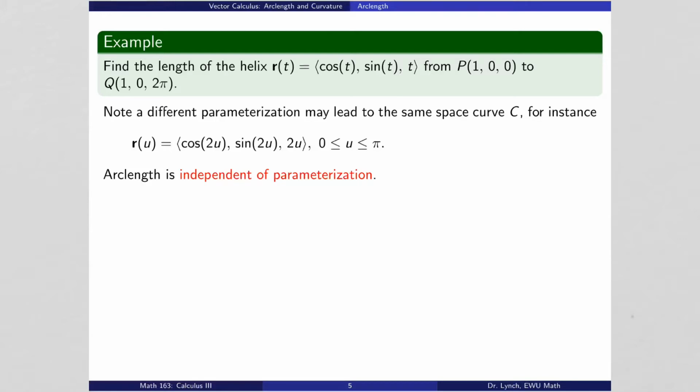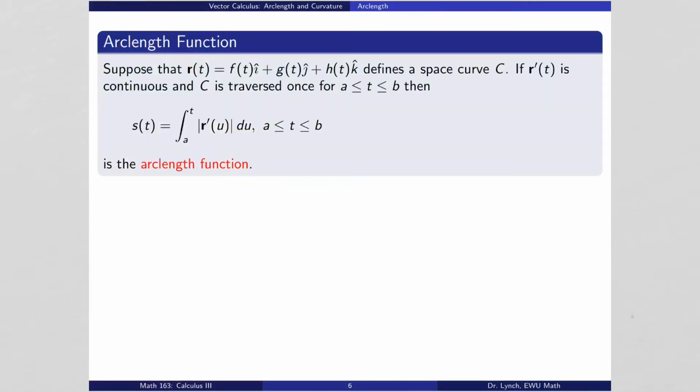Now, just like we did before when we discussed arc length, one thing we can do is discuss the arc length function. The arc length function is a way of writing down a function of t that describes arc length starting at a and going out to some unknown value t. So again, this is a function of t, and this arc length function allows us to think of the arc length as a